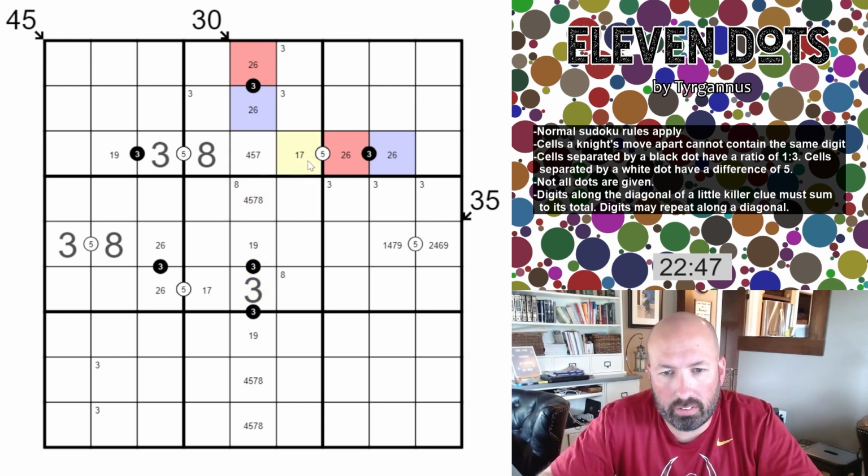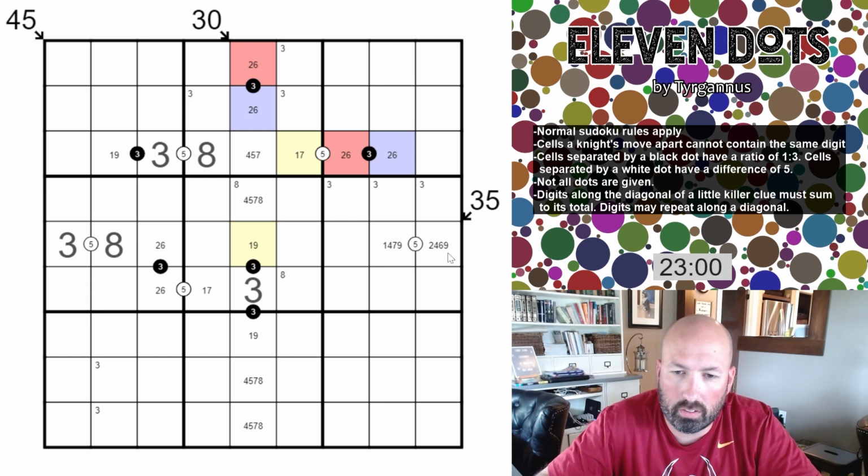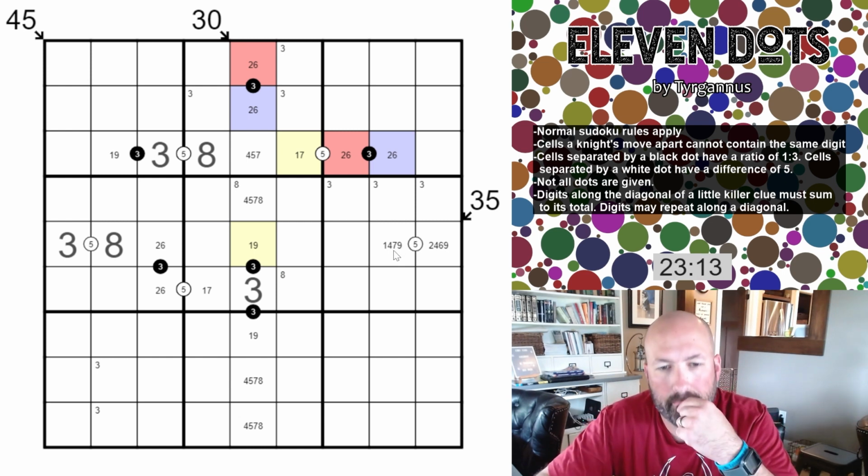Okay, if this is 7. No, if this is 1, that's 9. Is that a problem? 1, 6, 2. Gets rid of this. So you get rid of 4, 9. You get rid of 2, 7. This would have to be 6 and 1, which would make this 2 and 6